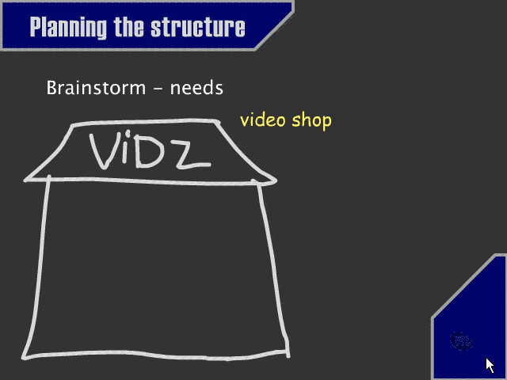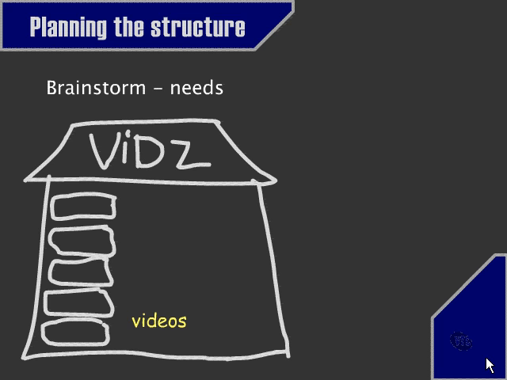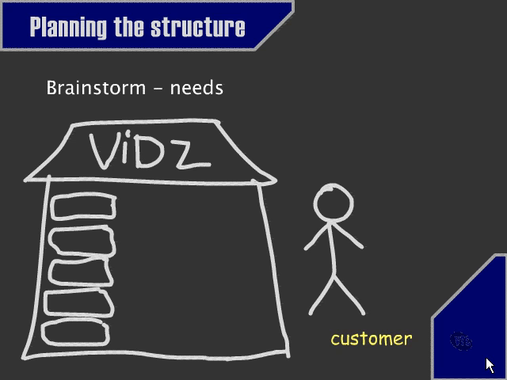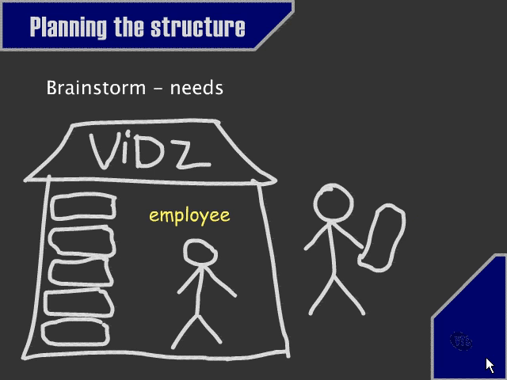So here I've drawn a rough sketch of a video shop, and I'm going to start putting in what I think are important elements of the way the video shop works. There's a stock of videos within the video shop, and a customer, very important to the video shop as well. Customers, the video that the customers hired is maybe a separate concept from the videos in stock within the video shop. There's also an employee to serve the customer,